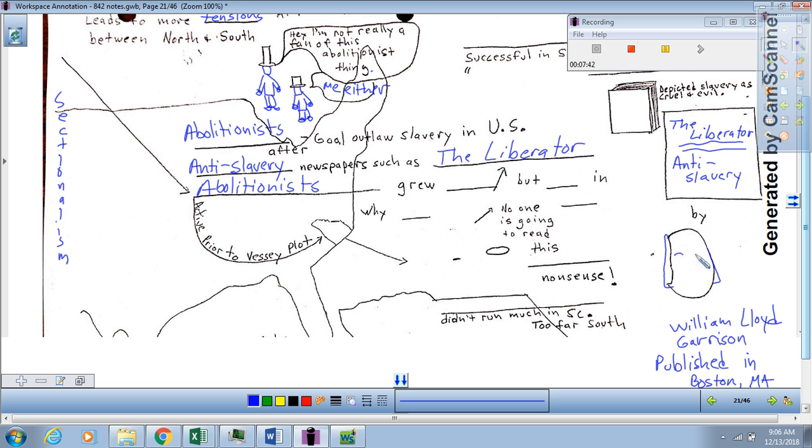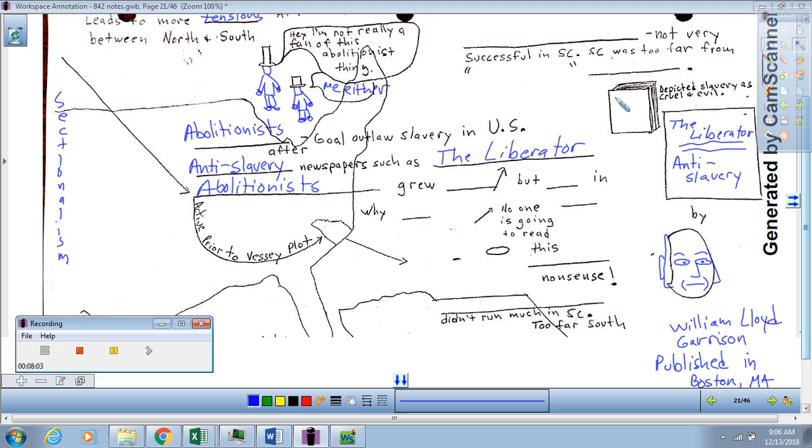William Lloyd Garrison, I will draw a quick drawing of him when he was older so we can remember Mr. Garrison, who fought using words against slavery by publishing this newspaper. Another book that would further increase the abolitionist movement was Uncle Tom's Cabin, although this was not written until the 1850s, but it does belong in abolitionist literature.